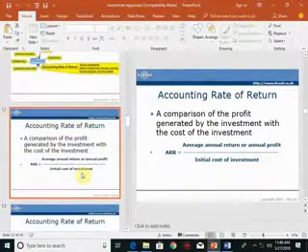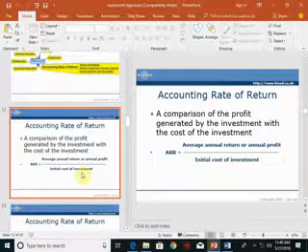Next one. Accounting rate of return. Short term ARR. ARR means